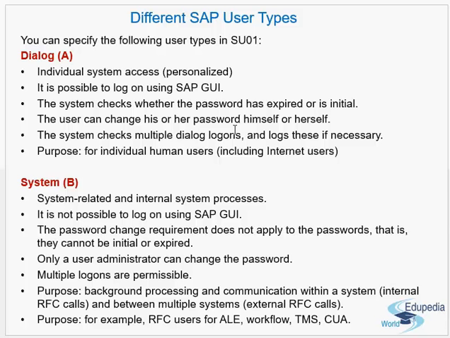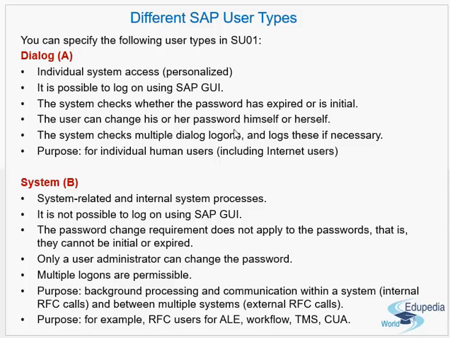So in that you have to provide a user ID used for communication between these two RFCs. RFCs can be established internally or they can be established between one system to another. So for such RFC processing, we create system user IDs. Okay, system user types. And the other one is like for workflows, TMS, that is transport management system, and